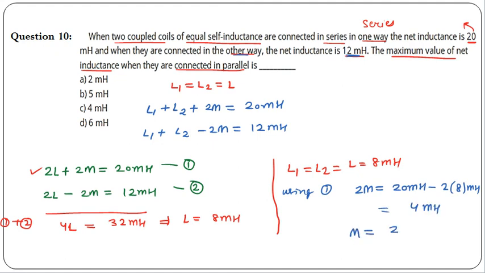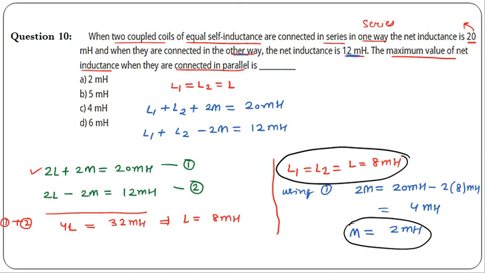So from here we are getting the mutual inductance value as 2 milli henry. Okay, so now we have calculated the self inductance value, it means L1 and L2 values are found, and we have also calculated the mutual inductance value. Now the question is asking for the maximum value of net inductance when they are connected in